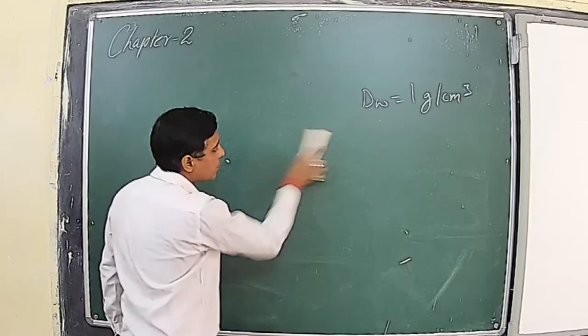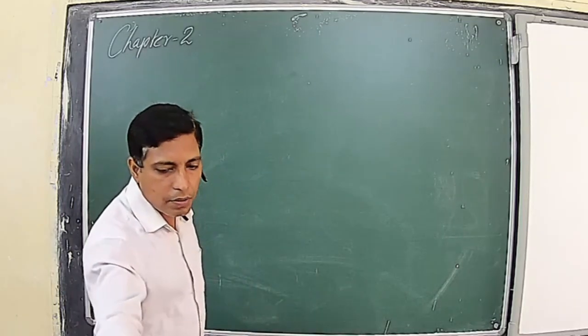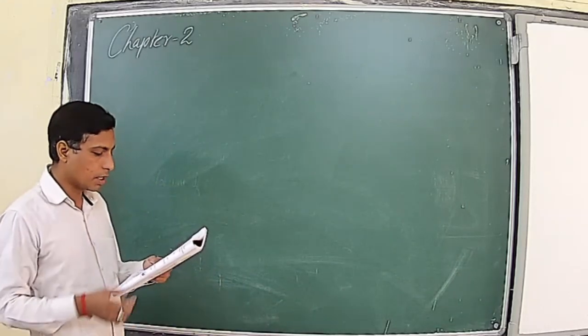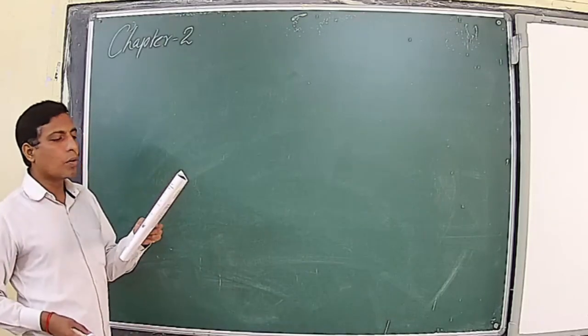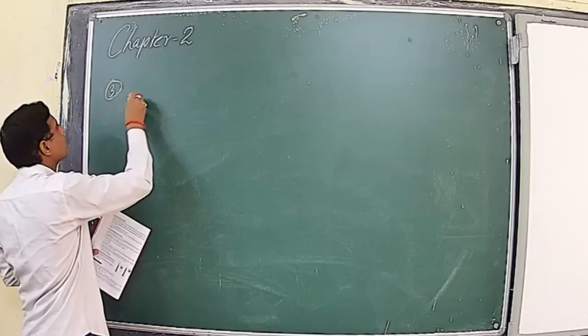Next numerical. This numerical is based on measuring the density of any irregular shape solid. Next one is in terms of relative density. The relative density of oak wood is given 0.64. Third numerical, given